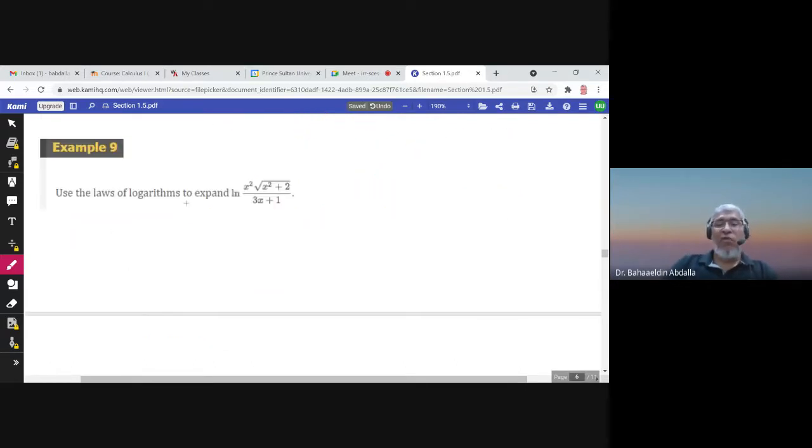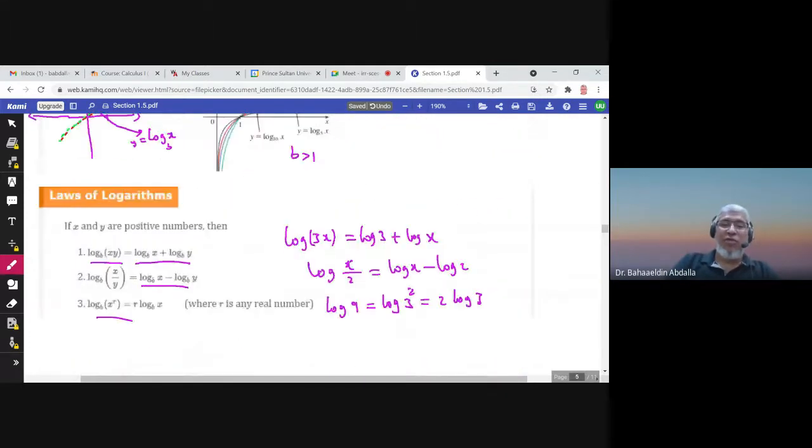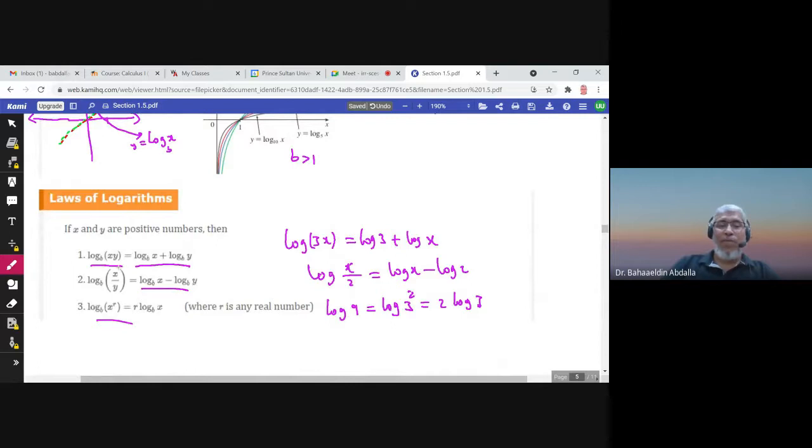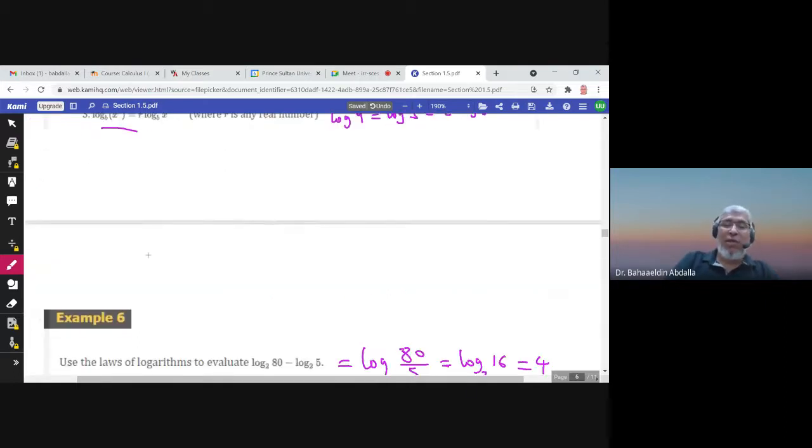Use the laws of logarithms to expand. These are the laws of logarithms. And we expand when we go in this direction. We have one log, we expand, we get 2 logs. Okay, so